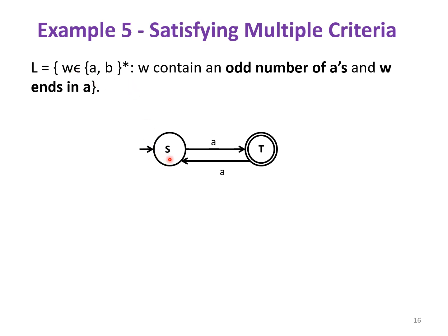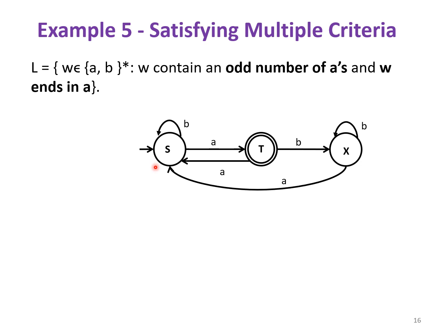Sigma is {A, B}. So from S we have a transition for input symbol A. B can take a self loop as there is no criteria on the number of B's at S. Coming to state T, for A it is going to S. For B, one or more number of B's, it will go to state X. Then coming to state X, it can take any number of B's, but for A, it must go back to the intermediate state S, wherein again we go for odd number of A's, and compulsorily it ends with an A,